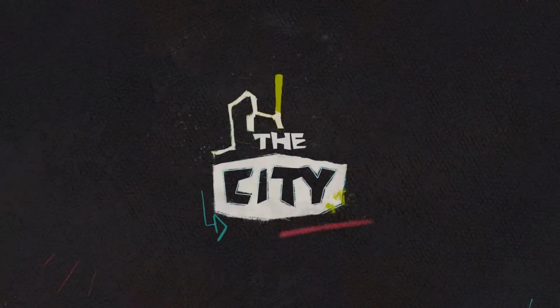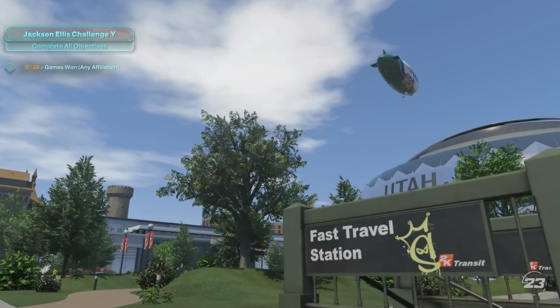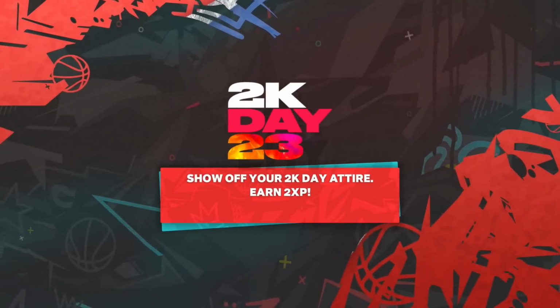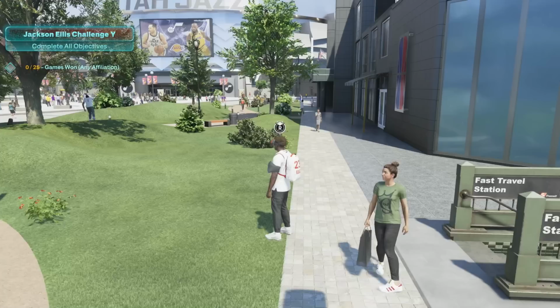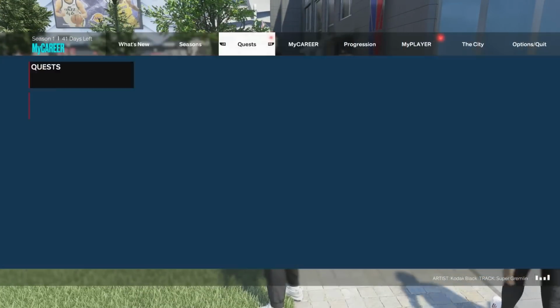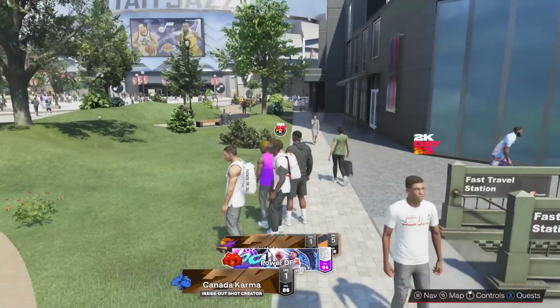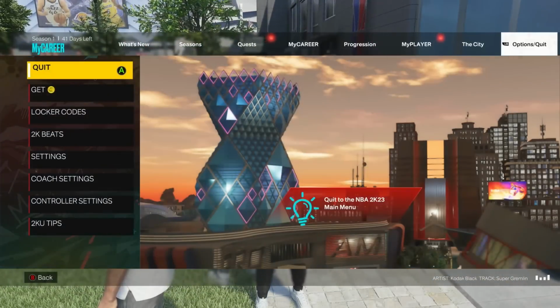And that's what we're going to talk about right here in MyCareer, because in MyCareer, a lot of these modes you can earn a lot of VC from. So the number one way you guys have to know about is MyCareer. You can always play your MyCareer games. Those are going to give you VC. We're going to go right here, and I can't go right here because I have to do the quest, but you can go to your options